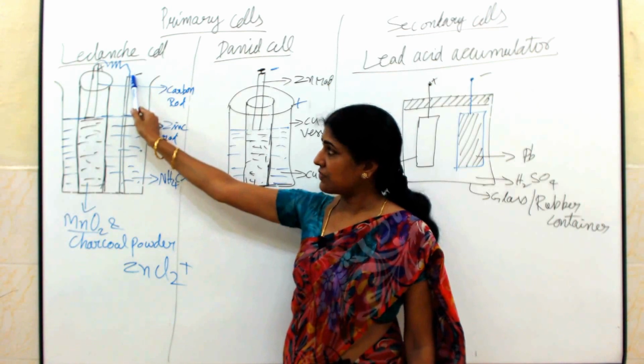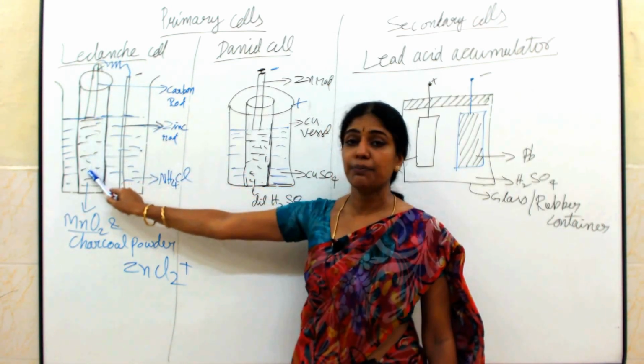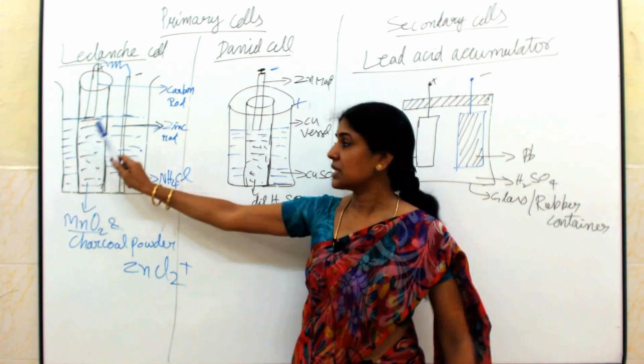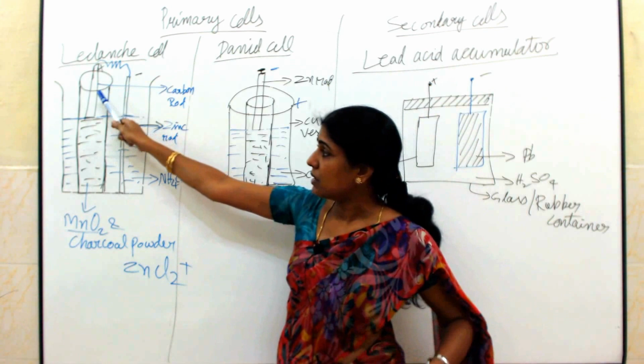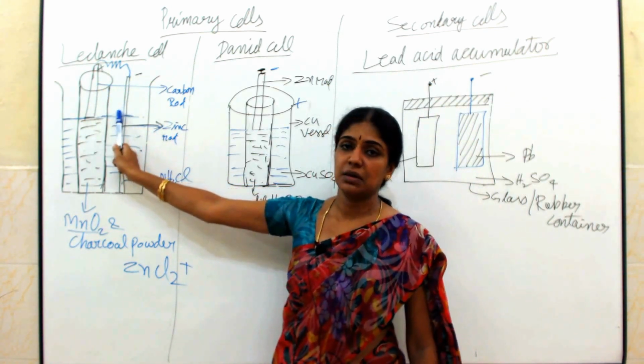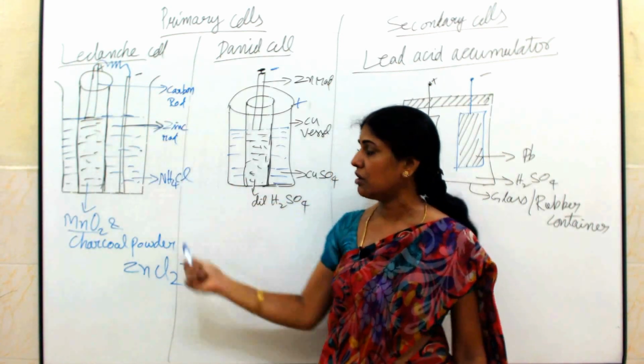These negative electrons, when they are connected externally to a wire, will pass through and neutralize the positive ions on the carbon rod. Thus the current flows from carbon to zinc. That is most important. Here this one is at a higher potential than the zinc rod. So the current flows from a rod which is at a higher potential to a rod which is at a